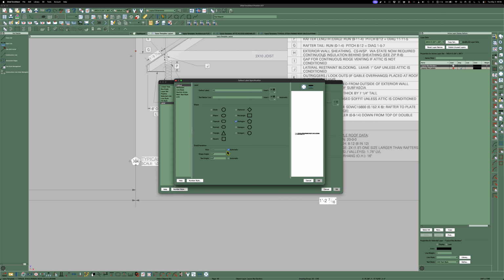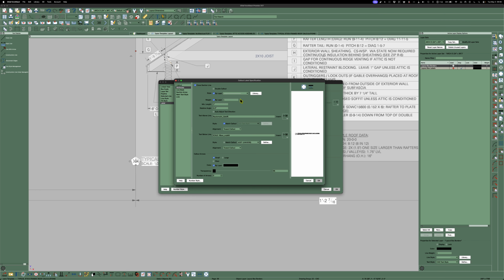Otherwise, you gotta uncheck the automatic and do this number. But let's put that macro in. And the other reason I wanted that macro was,